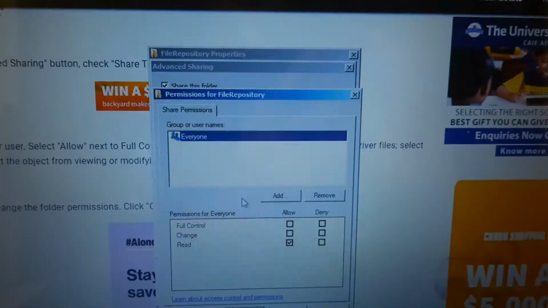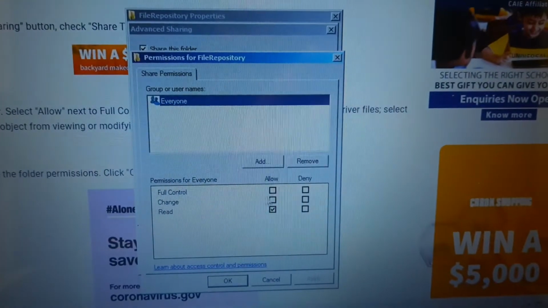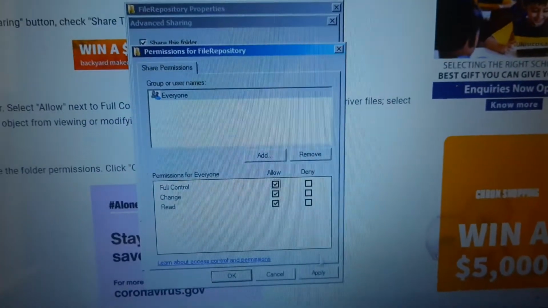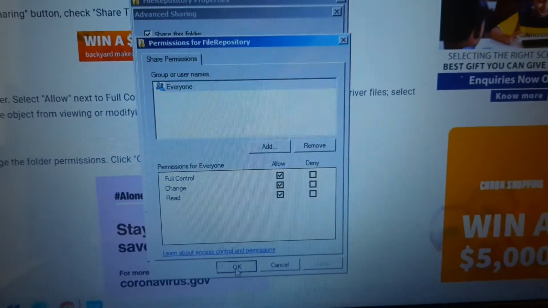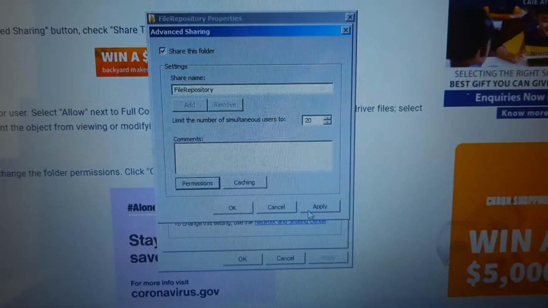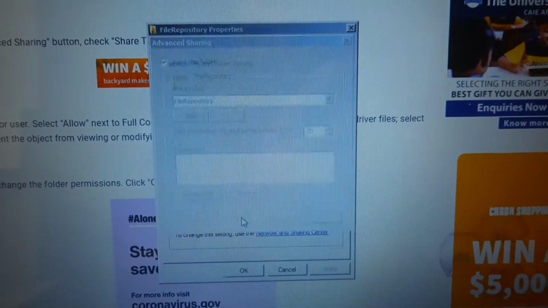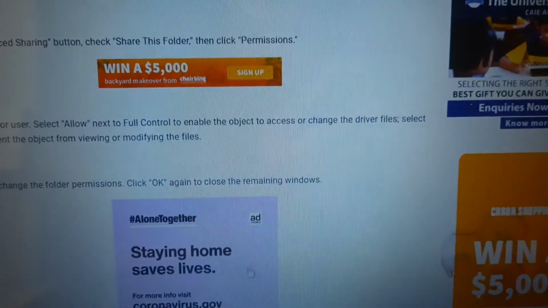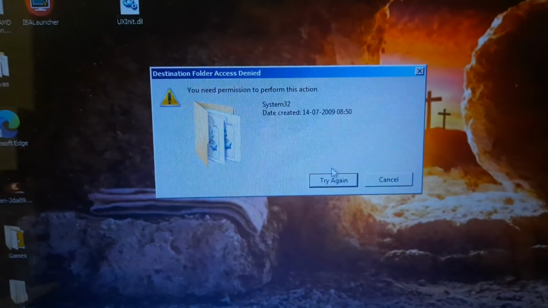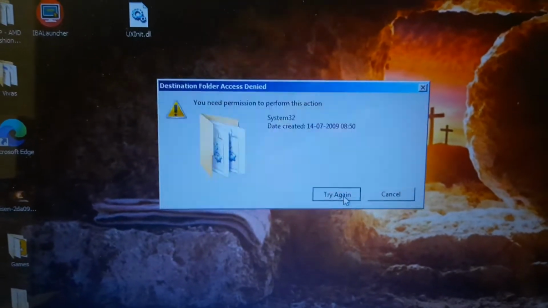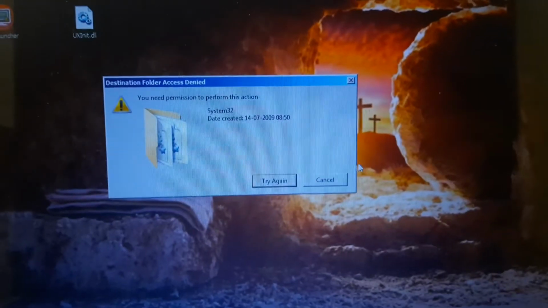Now we're going to click on full control and also change, apply, OK, and once again apply and OK. Then we can close it. Now if you check, it is still not working, so this method does not work.